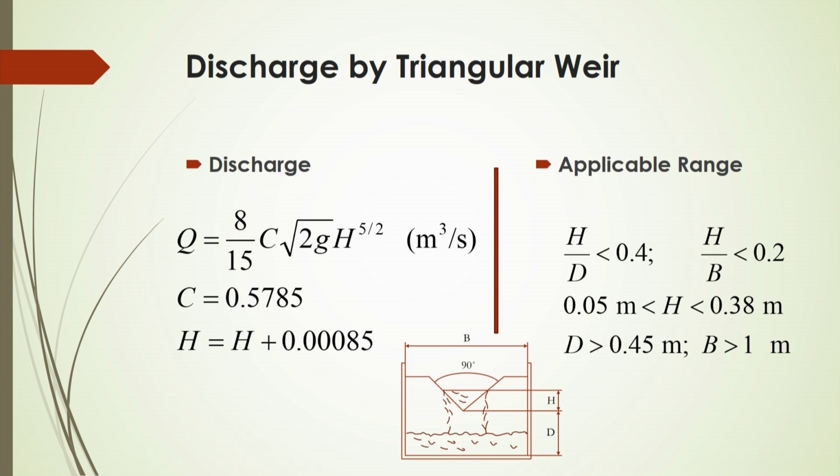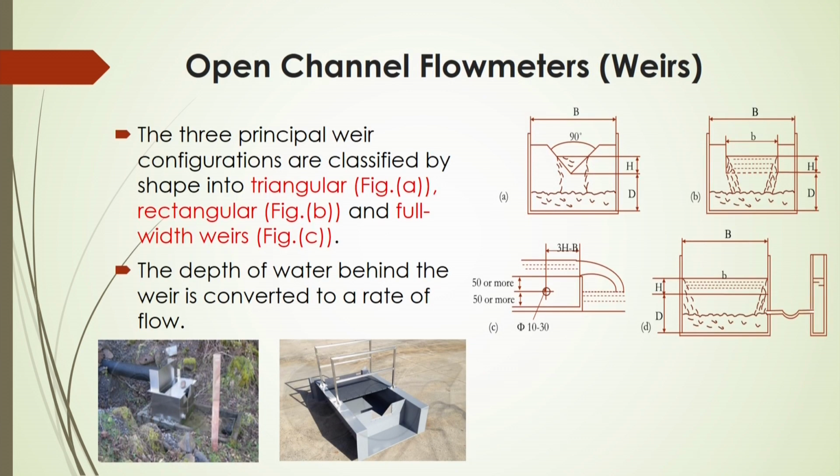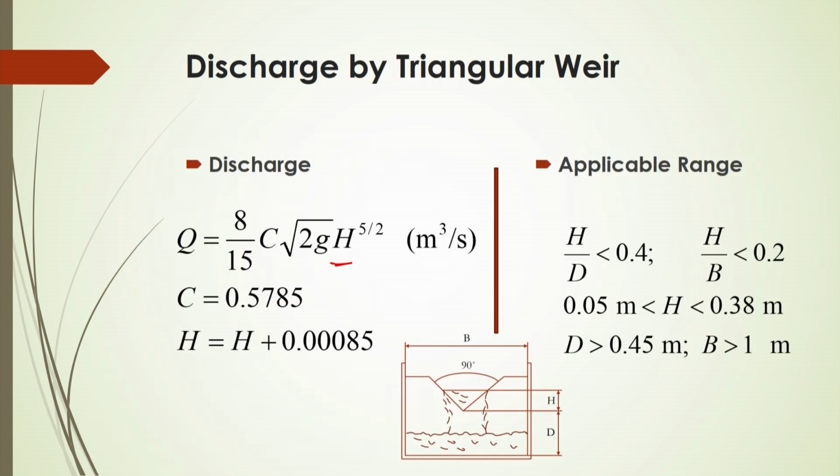Now, what will be that flow rate, or it is called discharge from the open channel for the triangular weir. This discharge will be calculated based on the open height of this channel here, it is the depth of the water behind the weir, and this weir we have already discussed in the earlier lecture. So, what is the weir, the design of the weir, all these things.